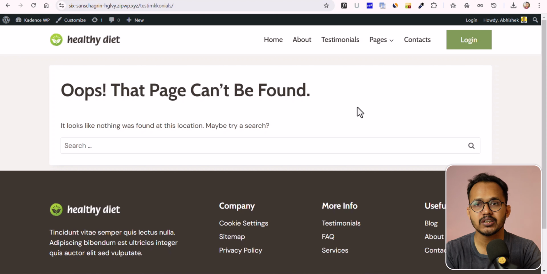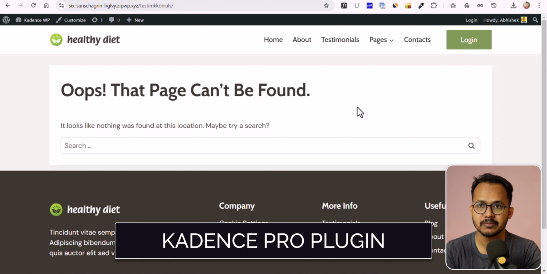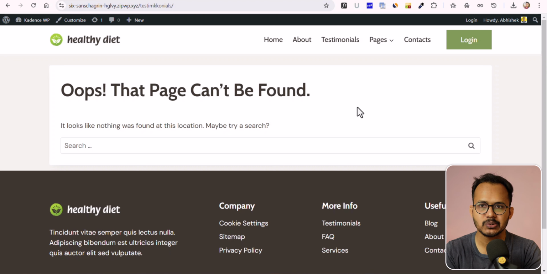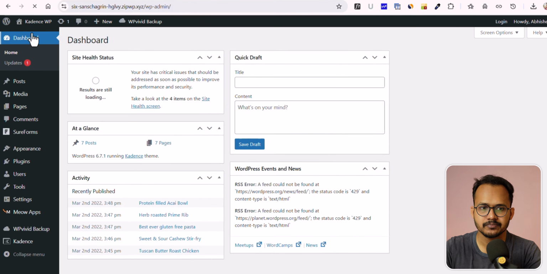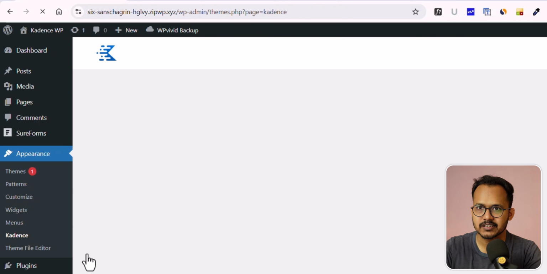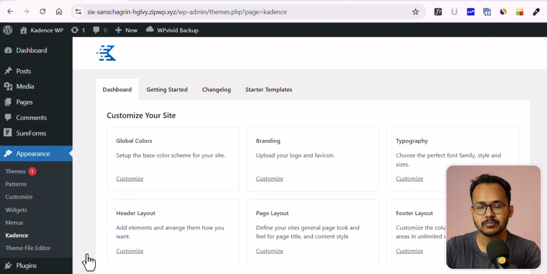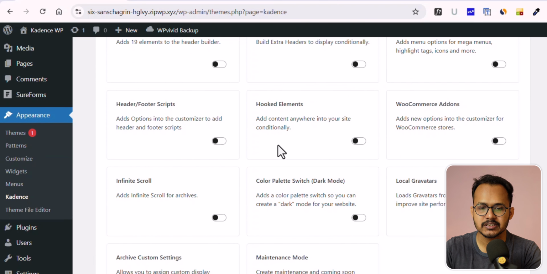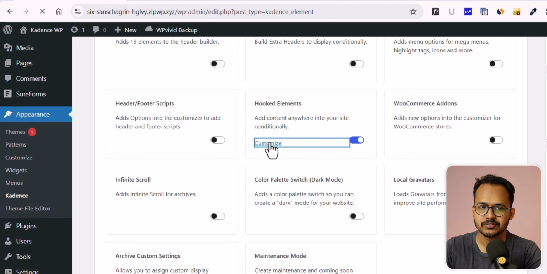For this you need to have the Kadence Pro theme plugin so that you can edit the 404 page. Let me show you how you can do that. First of all, let me go to the dashboard here. Now let's go to Appearance and click on the Kadence theme. Make sure you have installed the Kadence Pro theme plugin, and after that you will see an option, Hooked Elements. Just enable that option